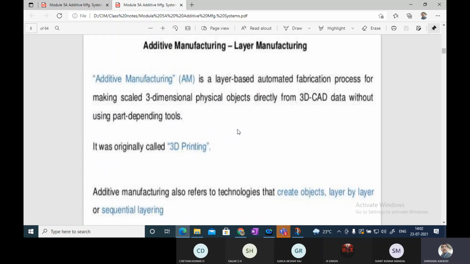And we can create a 3D model of any object and interface it with the 3D printing machine. The only input you have to give is the layering thickness, how many layers you want. For example, a thickness of 1 centimeter, that is 10 mm. And one can go for 10 layers, one can go for 20 layers, one can go for 30 layers. As the number of layers increases, the shape of the object becomes very good. That means the accuracy of the object which we take from the 3D machine will be very, very good. Okay, it is a layering technique.